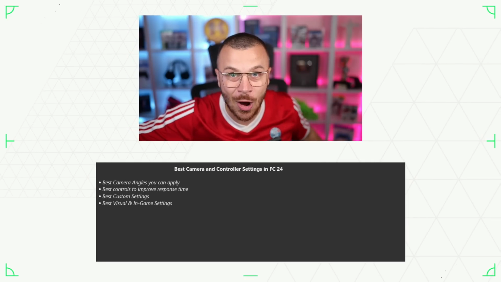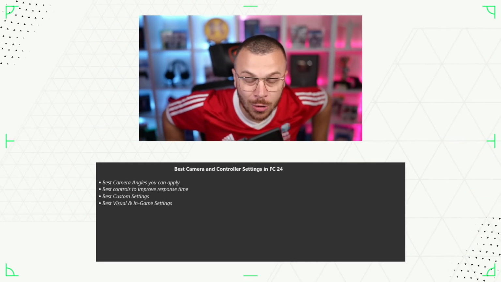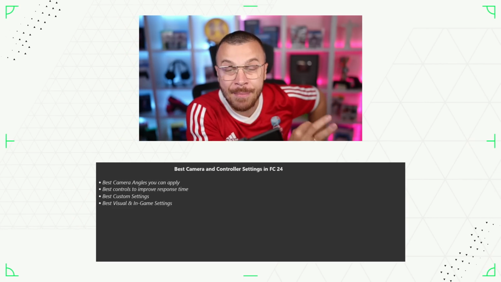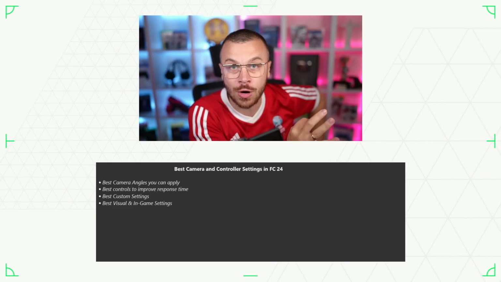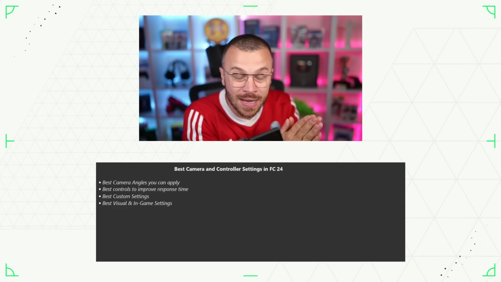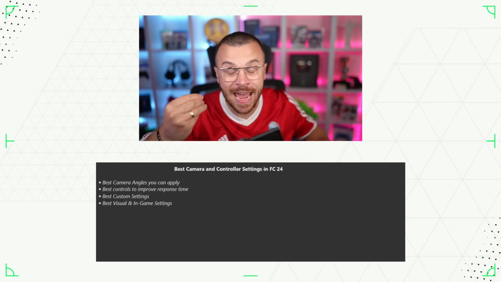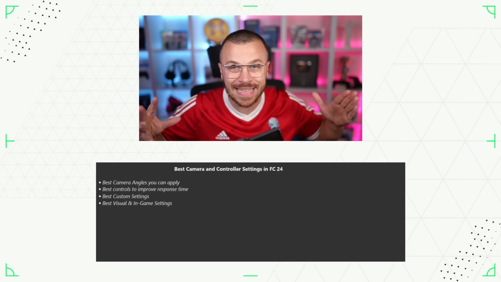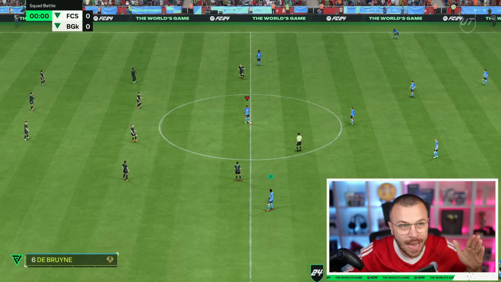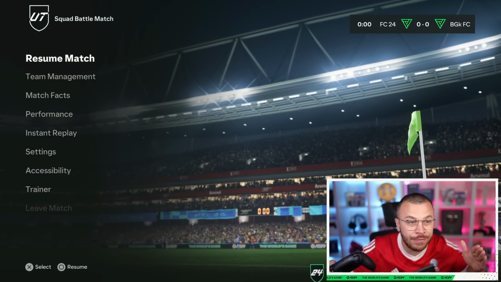As you guys can see on your screens right now, in today's episode we are going to talk about the best possible camera angles in FC24, the best possible controls, the best possible custom settings, the best possible visual and in-game settings to improve your gameplay experience. So let's get started. Let me show you guys how you can actually set absolutely everything in FIFA 24,